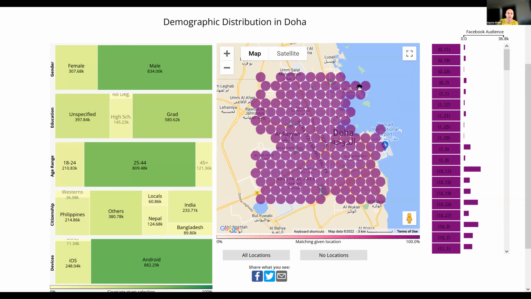And this includes the city of Doha that I'm currently in, right? So here's the same thing. This is not live data. This data was collected about 5 years ago, right? We would query an API that I'll show you in a second, about how many Facebook users are in this part of Doha who are male with a university degree in a particular age range, from a particular country, with a particular device type, right? So all of this was collected beforehand.